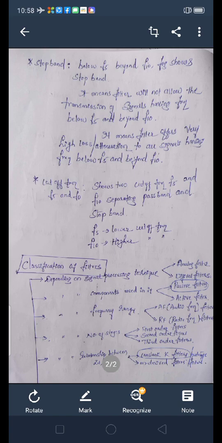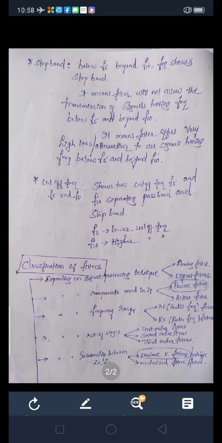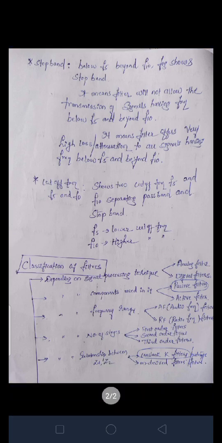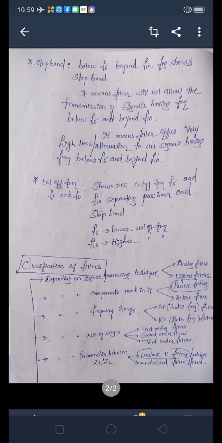And depending on the number of stages, we have first order filter, second order filter and third order filter. That means is it a single filter or a combination of filters, and what type of filtration each filter is going to produce.